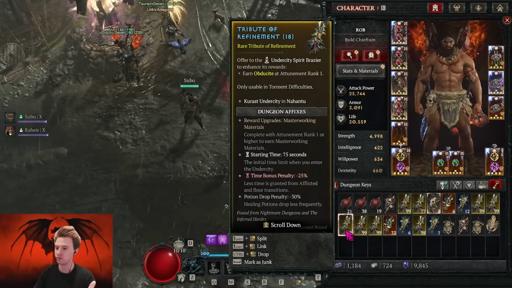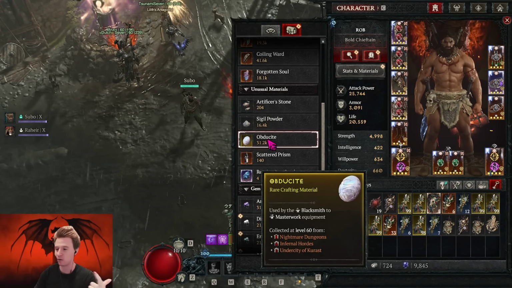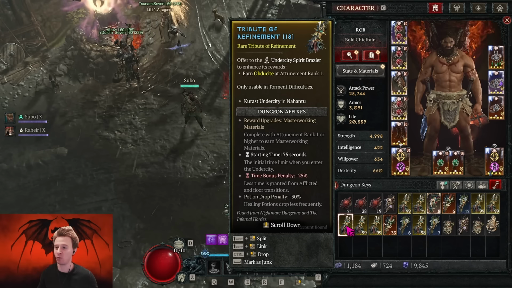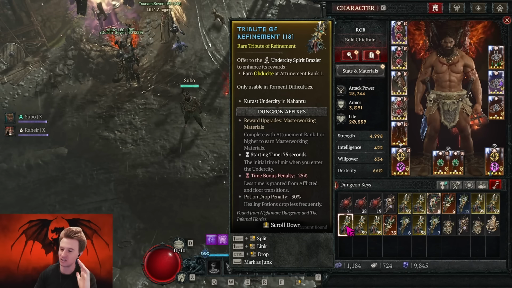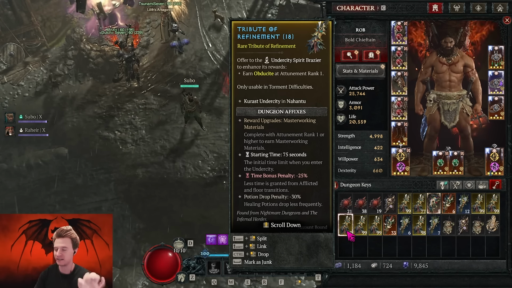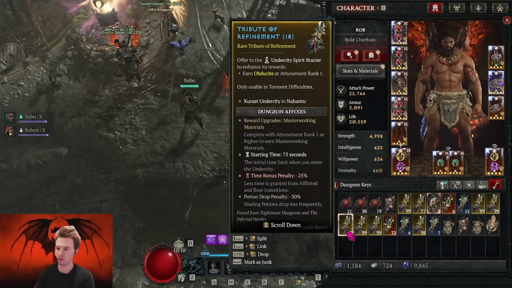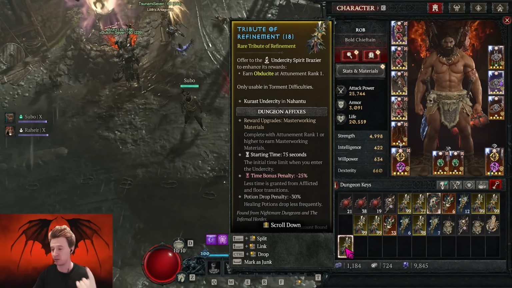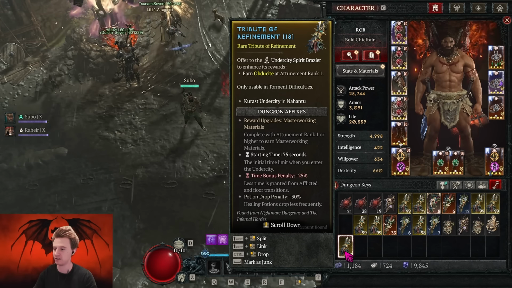Basically, you waste the tribute of refinement, and you waste the entire runtime running through the Undercity, and not getting any reward for it. So that has been extremely frustrating for me. And I just decided to not do this until this bug is fixed. I know these bugs have been reported to Blizzard. However, they still remain in the game,